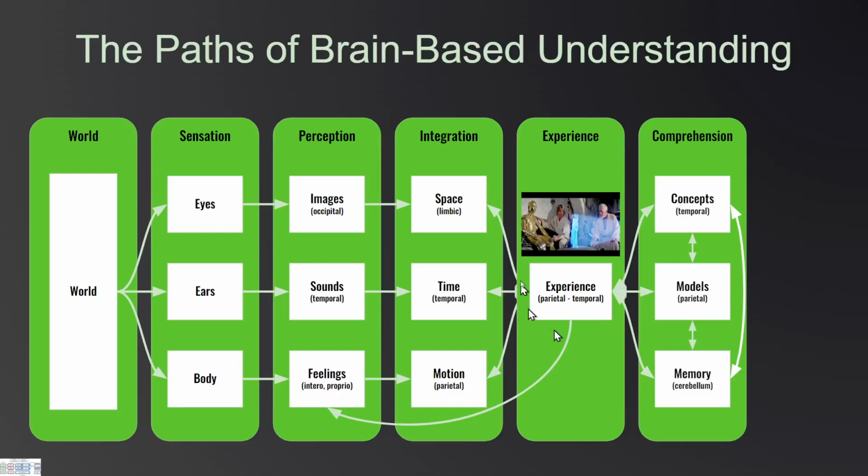So, once you have your experience, then you can think about it. You experience the world, and then the other parts of your brain can say, oh, this is this. Oh, that is that. So you have models. If you turn your head and you look at an object, your brain's like, oh, that's what that is. If you turn your head the other way, you see a different set of things, and your brain will be like, okay, that's that far from me. And if you're like, oh, okay, well, what is that? I'm looking at